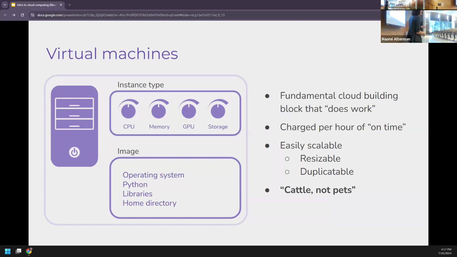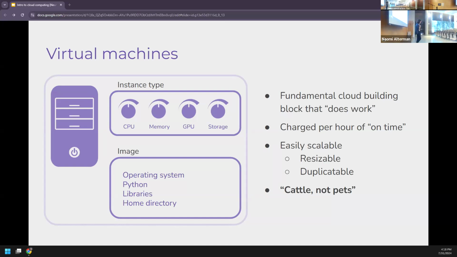And so you turn your computer on, you do some stuff, and then you remember to turn it off because whether you're using it or not, it will accrue charges in your account. These are very easy to resize. That is to say, you can make them very powerful or very weak but cheap. They're very easy to duplicate,